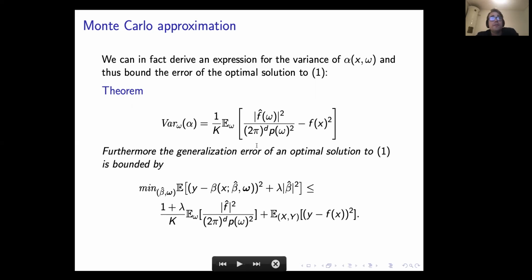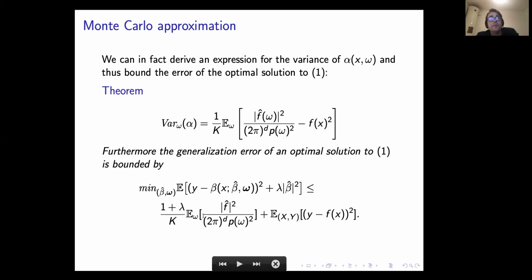And in fact, we can use this to bound the generalization error of the original problem, at least the optimal one, in this way. So we see here that the optimal solution is bounded by a term that depends only on the expected value of the transform squared divided by p squared, plus another term, which is basically the variance of the noise. So again, ignoring the noise bit, which we can't do much about,